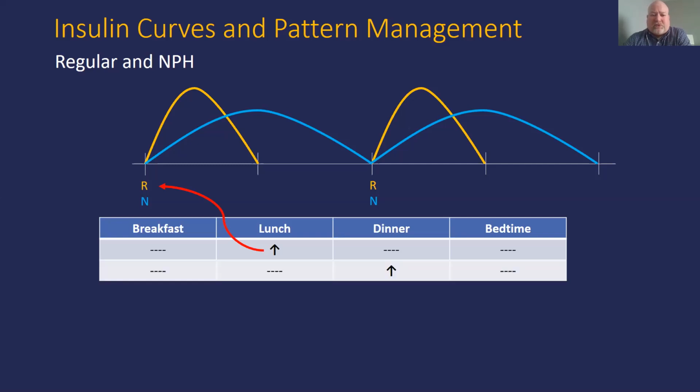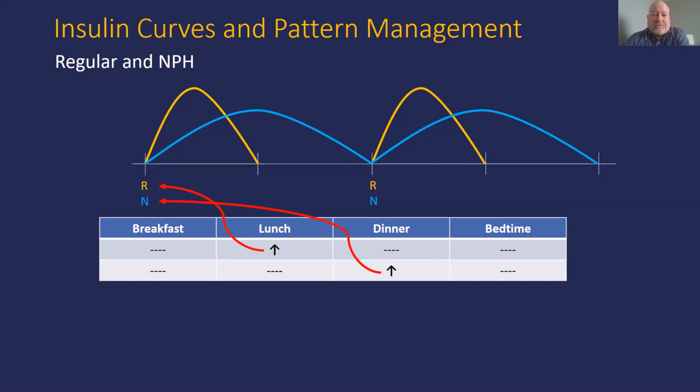Okay, let's look at another situation. So in this case, breakfast looks fine, lunch blood sugars look fine, dinners are always high, bedtime is fine. So if my pre-dinner blood sugars are always high, what insulin do I need to adjust to fix that? If the dinner times are high, it's because the lunch wasn't handled well enough. Which insulin would peak to handle my lunchtime meal? That blue curve over the lunch, which is the morning NPH. So if I'm high at dinner time, we need to go up on the morning NPH dose to cover the